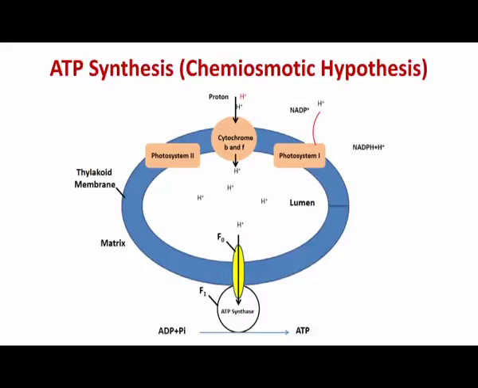According to this hypothesis, during the process of photosynthesis, a large number of protons are accumulated within the lumen of the thylakoid membrane, and there are three sources of protons which are responsible for this accumulation within the lumen. The source number one, which we already know, is the oxygen evolving complex, by which the water is split into the proton as well as the electron, and the oxygen is evolved in this process by the photosystem 2.